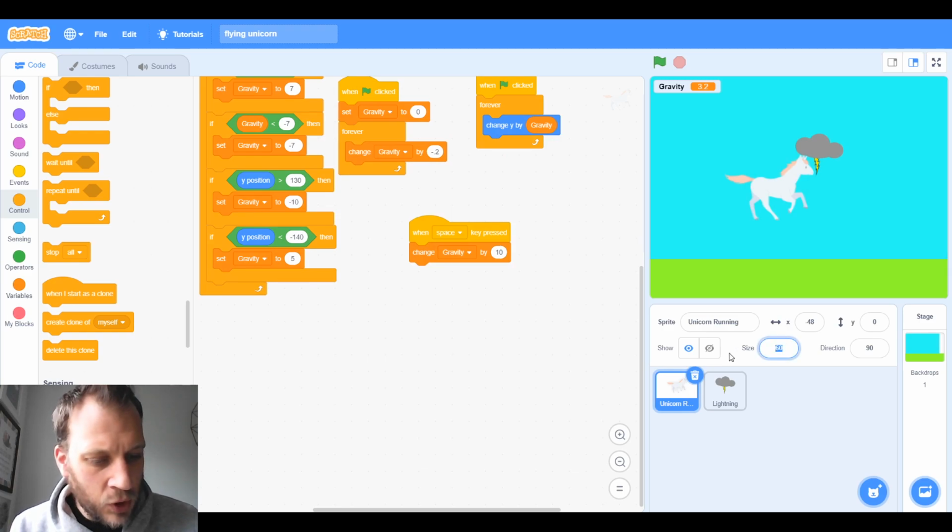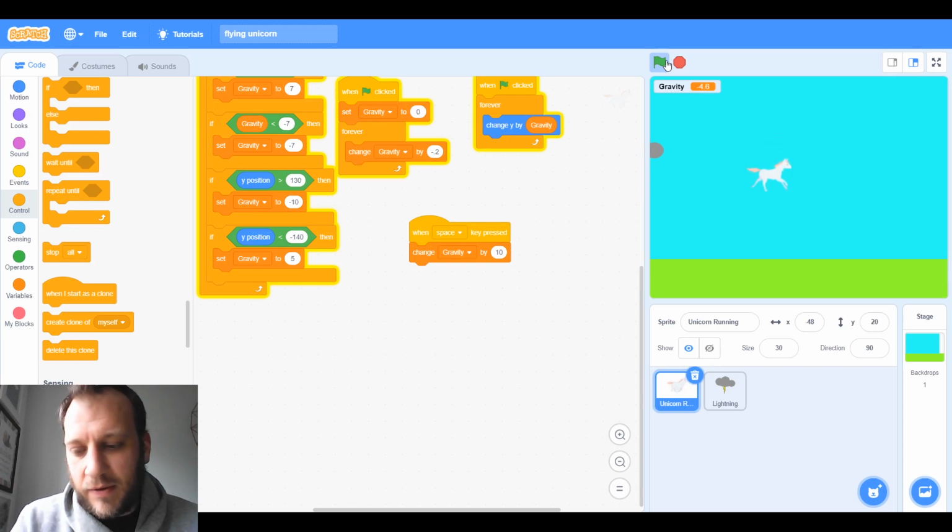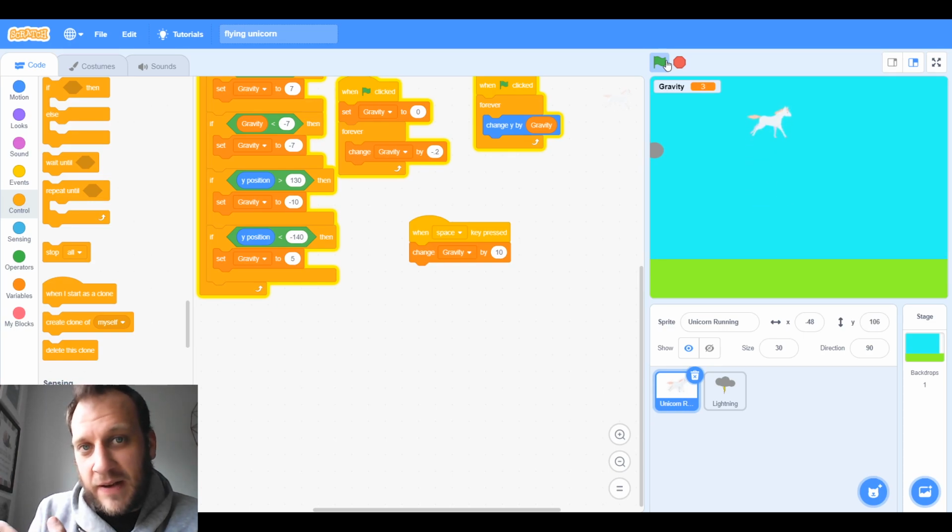Let's make my unicorn smaller. Let's go for 30. Might be quite dinky. Little dinky unicorn. Oh, it's cute. I like it. There we go. A bit easier to control and avoid now. Oh, that's better. Right, so it's done that, but then it's gone to the left-hand side of the screen,